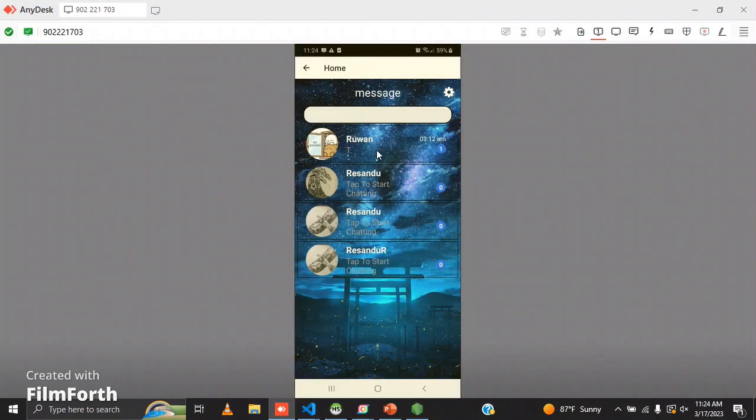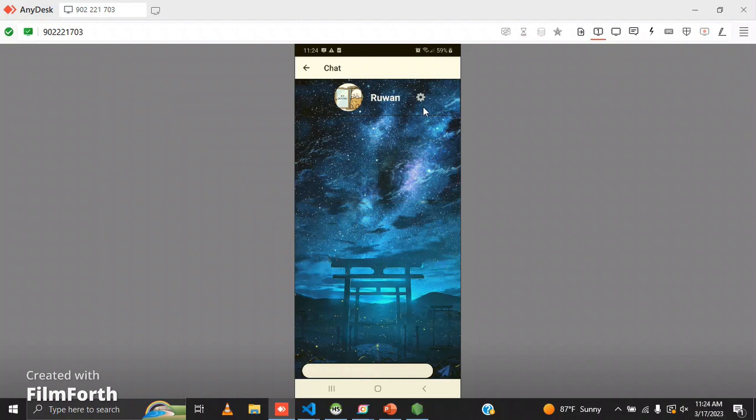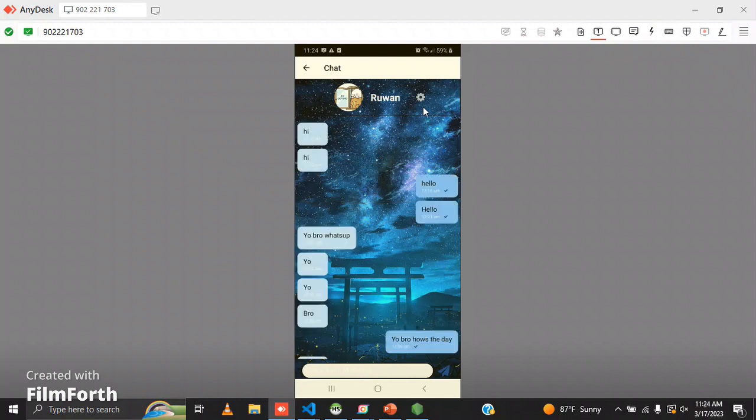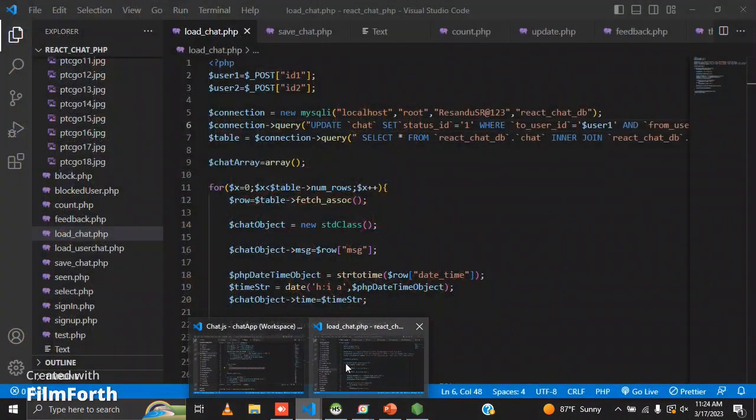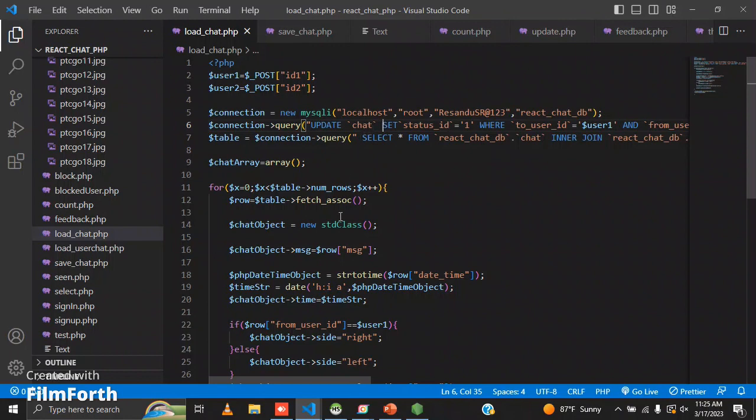Whenever you go inside, and after it loads from 5 seconds, the update query also loads at 5 seconds. Every 5 seconds the update query also loads. So when you go back, that means it has updated the unseen status, the message that is unseen as seen. That's what happened from that query. So after that, we first update it. After that, we're gonna